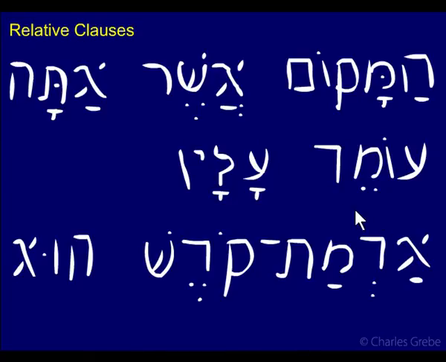Remember, participles have this durative sense to them, that you are standing, alav, that you are standing on it. The place that you are standing on it,